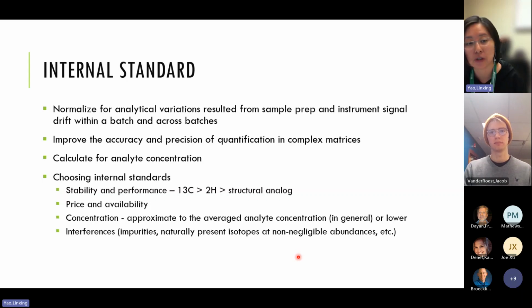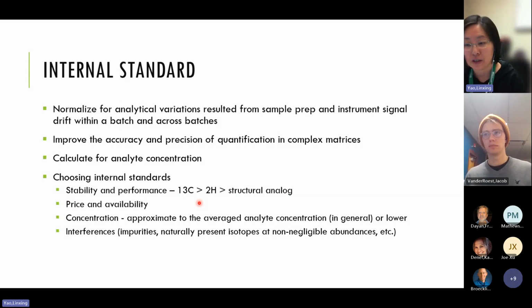Well, first, we need to look at the stability and performance. In general, the stable isotope labeled standards are preferred over structure analogs, because they behave in the same way during sample prep and data acquisition. And usually carbon-13 is better than deuterated, because it's more stable. In return, it's also pricier than the deuterated, and the availability of C13 standards is not as good as